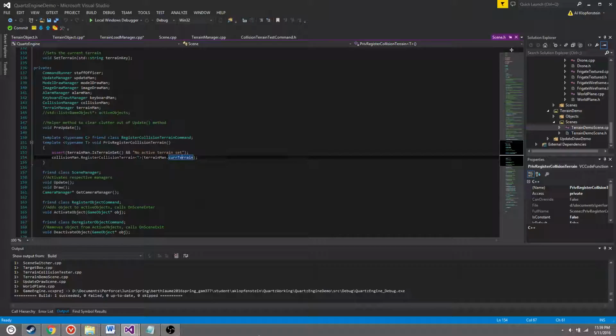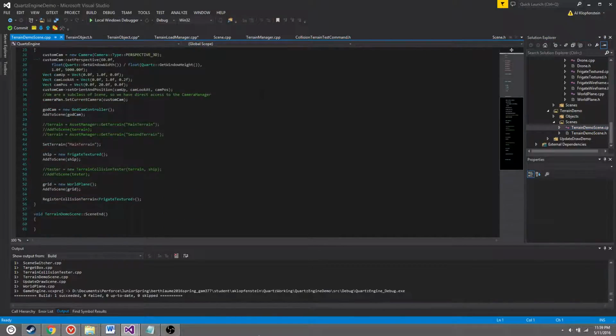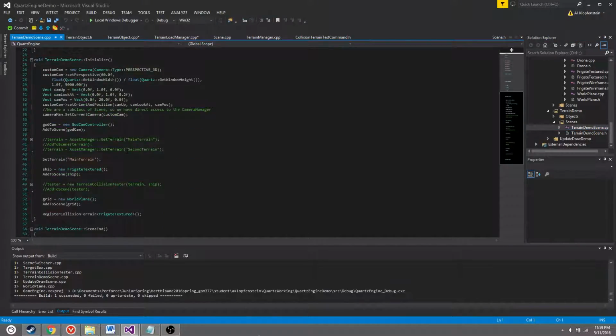We can't just use the singleton objects that we already have like we do for the other collision functions. So that means that if I, like I do in my terrain demo scene, want to both set and register collision at the same time,